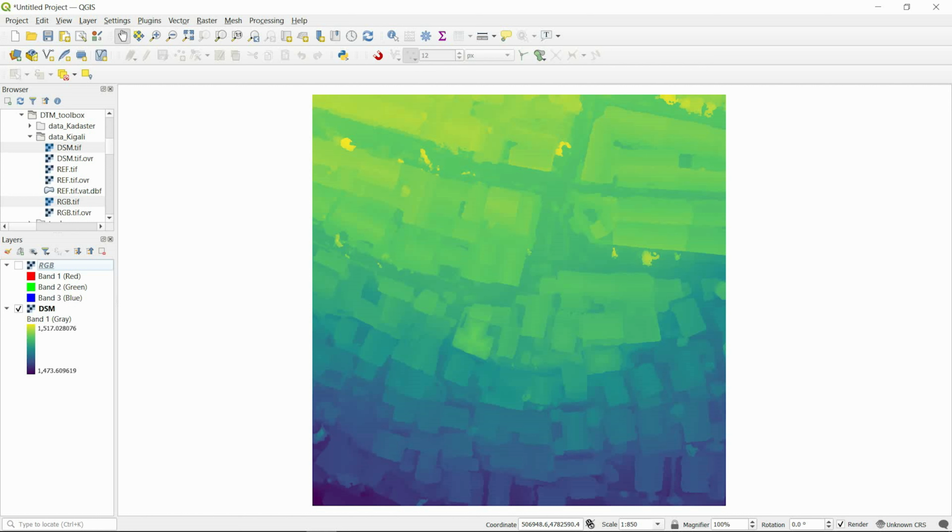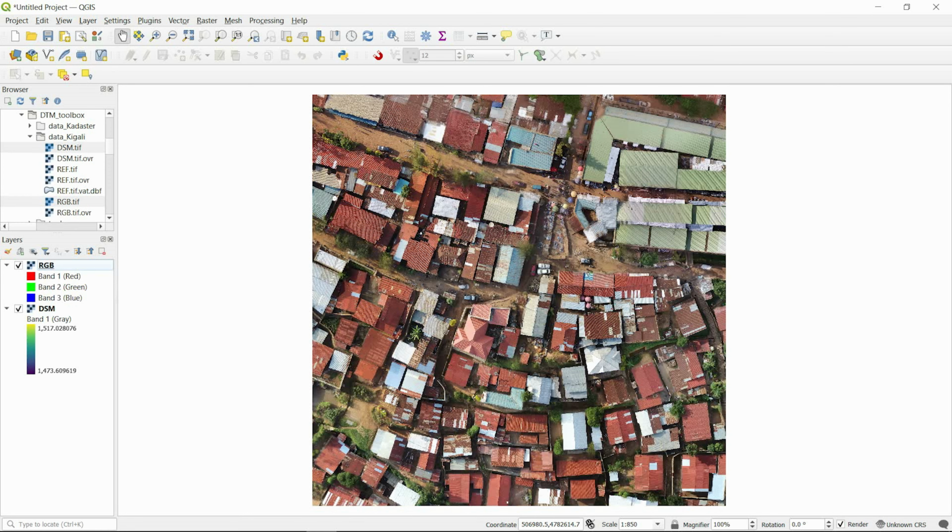So what we can see here are the rectangular shapes are buildings, and we can also see that the bottom part is lower than the top part of the image. Okay. So from a drone, you can get this, and you can also get the image, which in this case is just the visual image. And you can also get a 3D point cloud. From the first image, I could easily assume that those houses are built on a hill. But from this image from the top, it's much more difficult to assess the height.